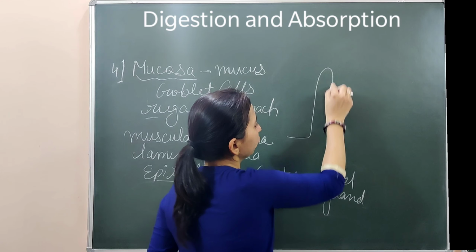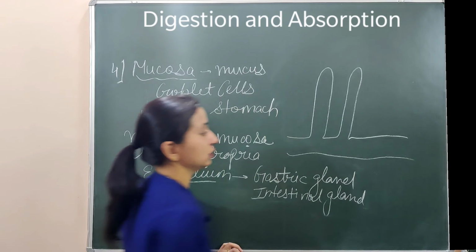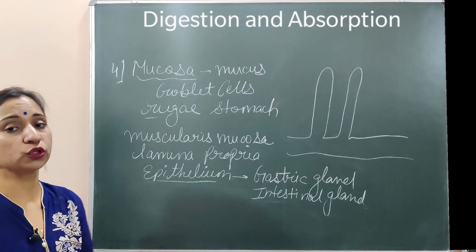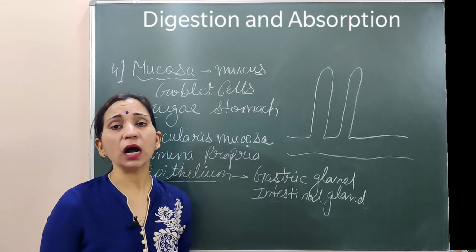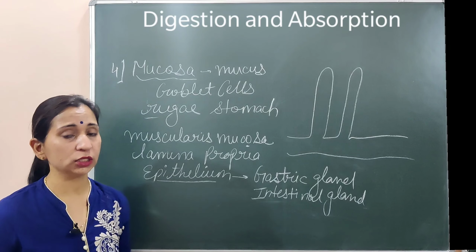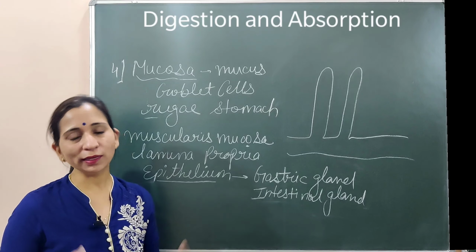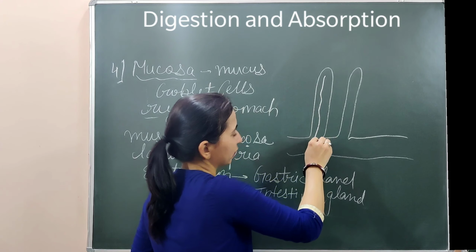इन projections को हम क्या बोलते हैं? These are known as villi. So we can say that villi are present in the epithelial regions of the small intestine. These villi, as you know, are useful to increase the absorption area. Absorption area को increase करने का काम करेंगे, so that the nutrients after digestion can be easily absorbed. And these villi are richly supplied with blood vessels.